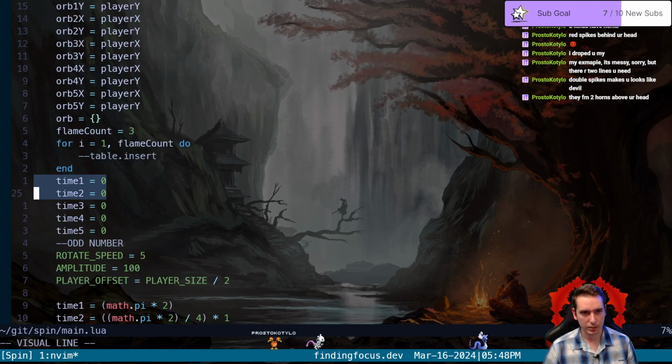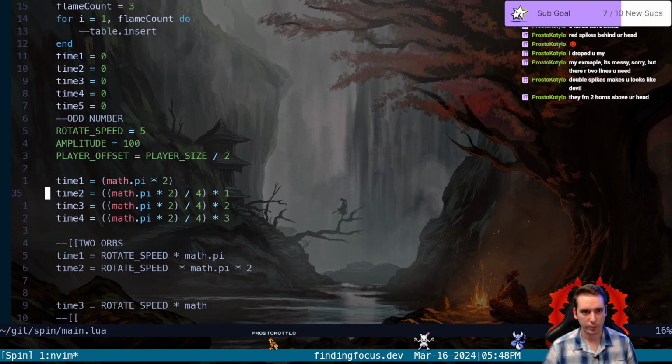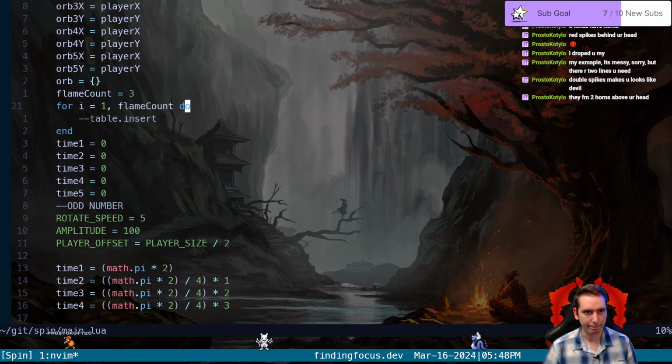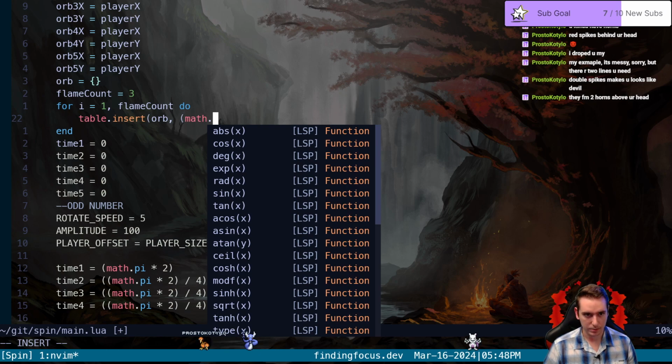I don't like that we're using these time variables. We want to do this in our for loop with the flame count, right? So the flame count is here, for gets this, and then the actual step is how we're offsetting them. So we're going to try to insert into our orb table the value of whatever this is going to be, which is going to be our function here, our math dot,